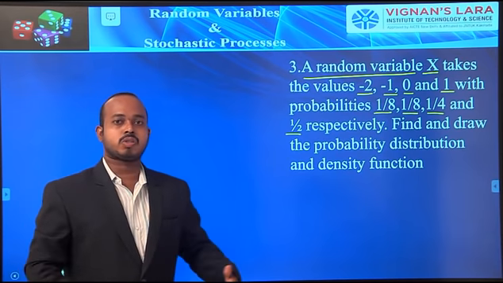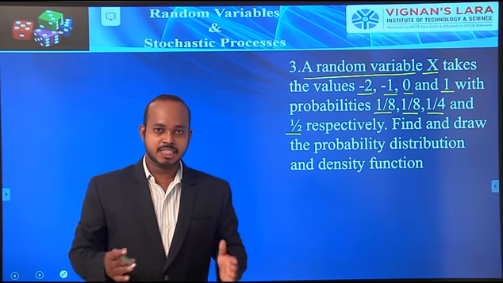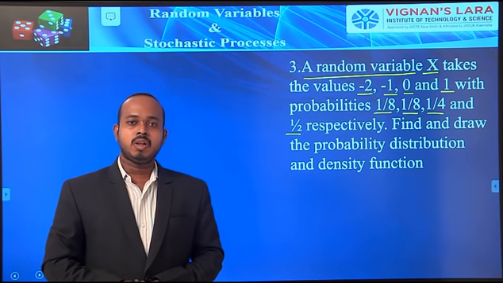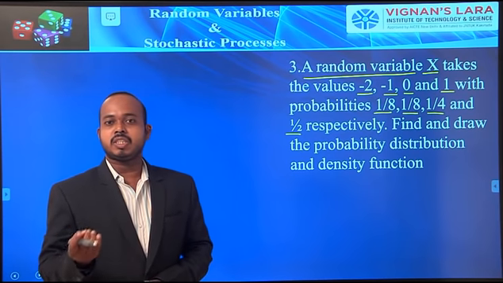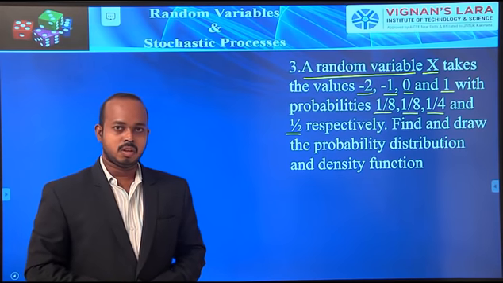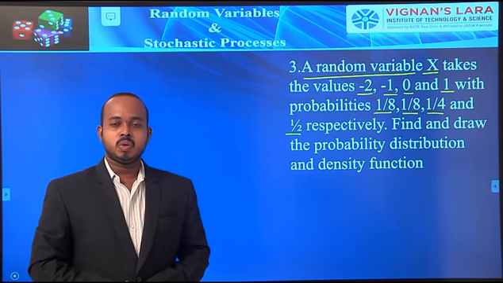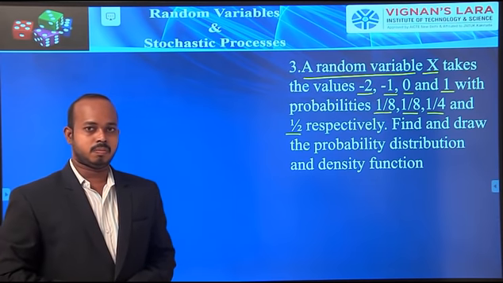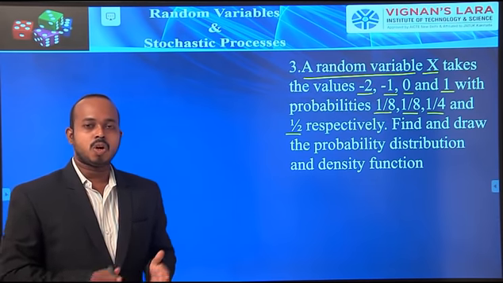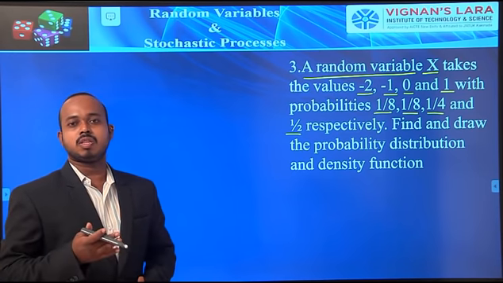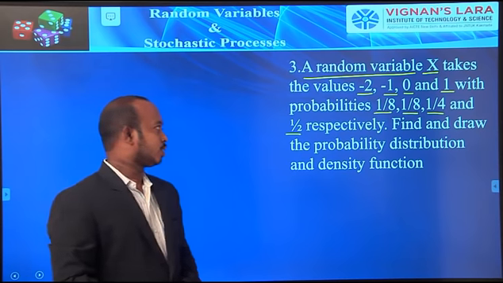What he is asking is that he is giving the events of the random variable, and he is also mentioning the probabilities of those events. According to this data, you need to find the distribution and density function. We already know that the given elements and their corresponding probabilities are called the density function. That's why I am writing